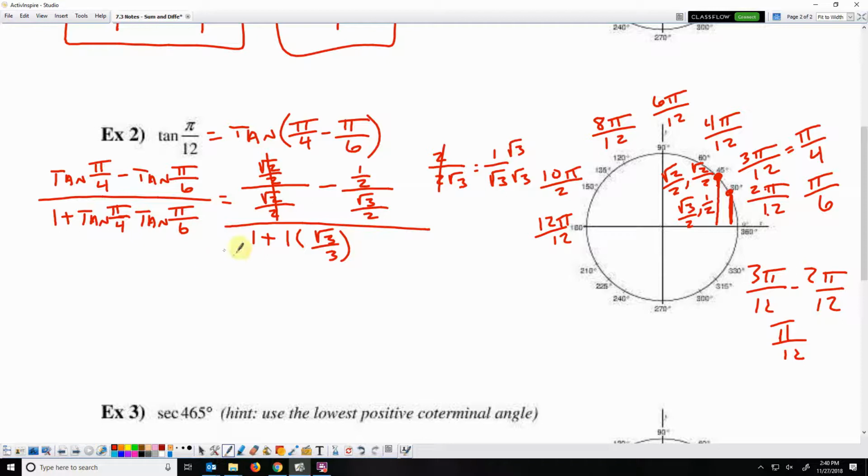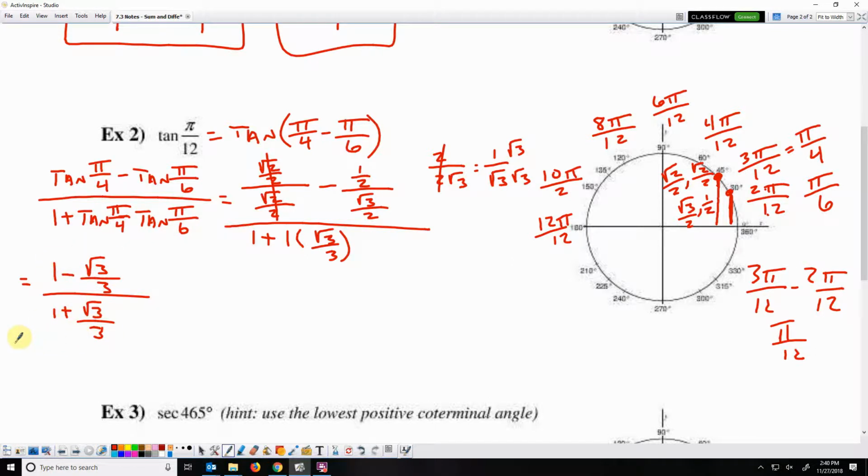So I'm going to write this in a much more simplified form. So that's 1 minus, and I just simplified all of this to root 3 over 3, all over 1 plus 1 times root 3 over 3, which is root 3 over 3. Okay? So next, I need to be able to combine these terms in the numerator and then these in the